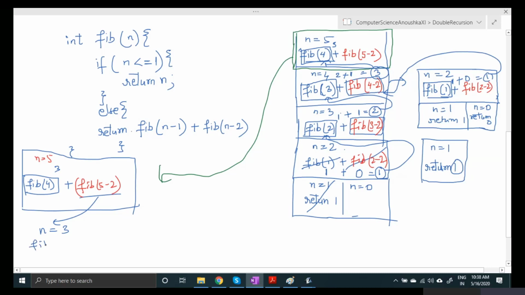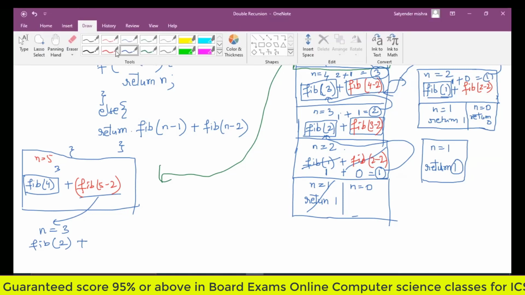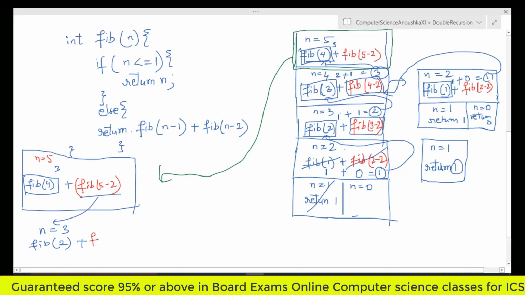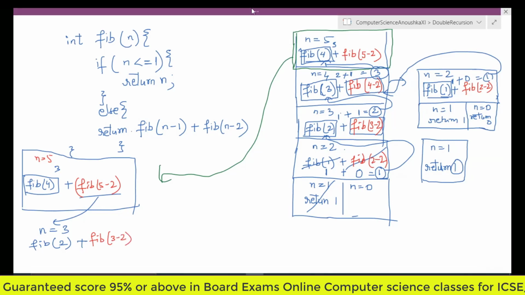So fib of 3 minus 1, which is 2, plus fib of 3 minus 2. This one is due. Fib of 3 minus 2 is due.